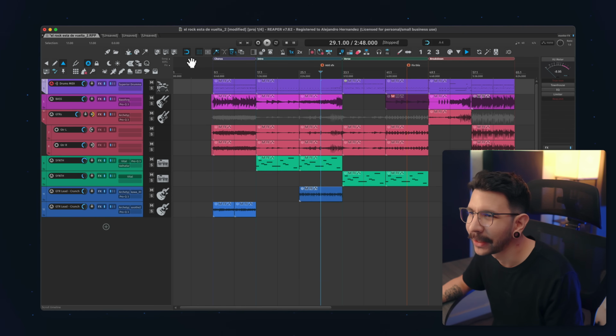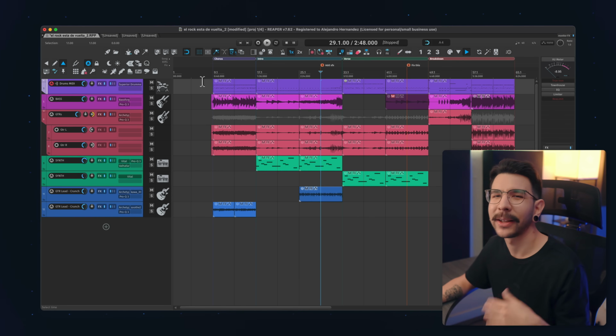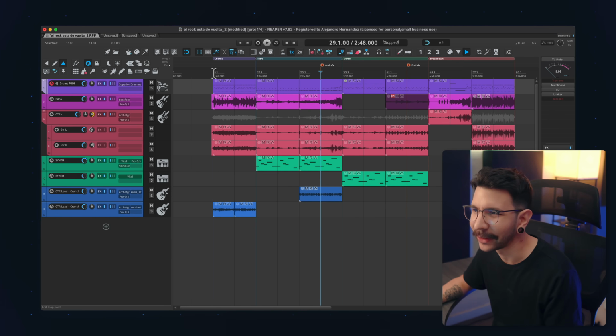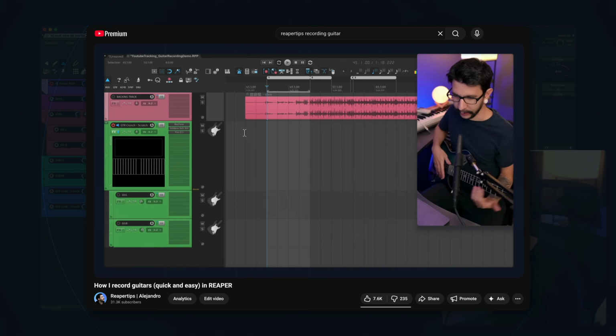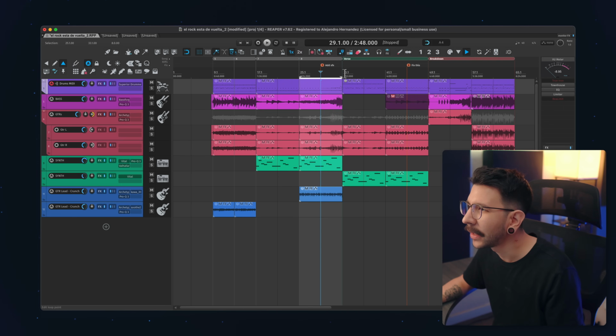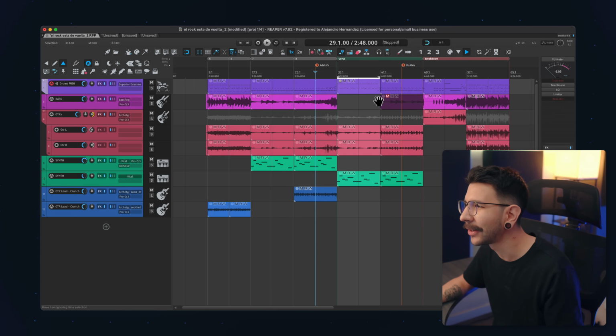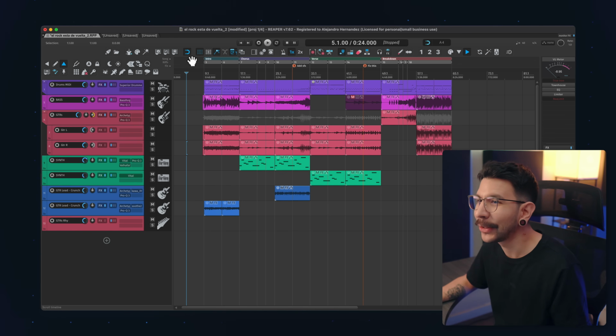Another reason I love being able to have different lanes is that it makes it so clean to do stuff like this. If you've seen my recording guitar video, you know that I like to divide each section that I want to record my guitars in. So I like to record my guitars in chunks, and I think most importantly is that you can now show